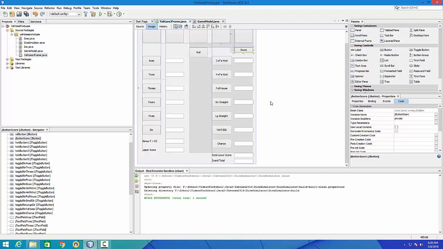Now this is going to mess some things up. First of all, we're not going to be able to continue to roll for a while here. We're just going to be able to do one turn as we exercise the UI without having the score button. But as we hitch up these score buttons and get the UI state machine working correctly, eventually we'll be able to do more than one turn. So right now I'm going to actually delete the score button. So you select the score button, you delete it,